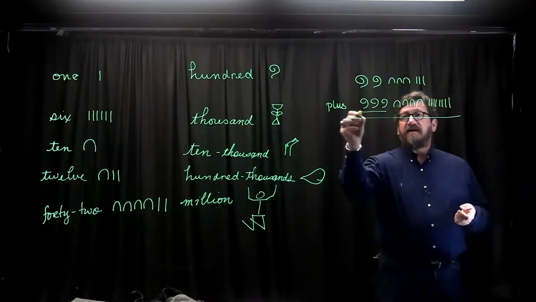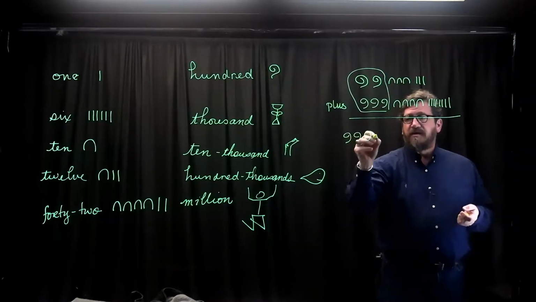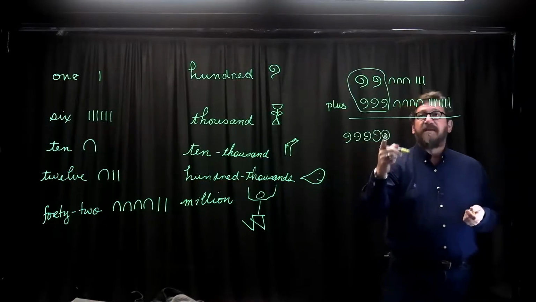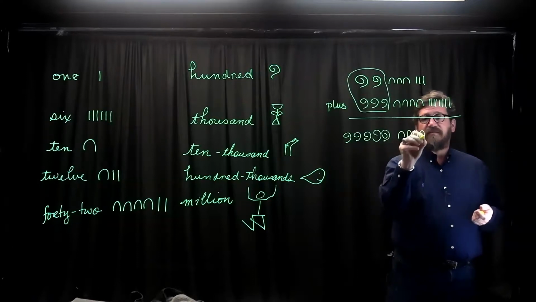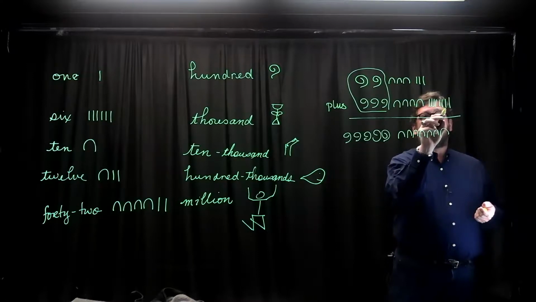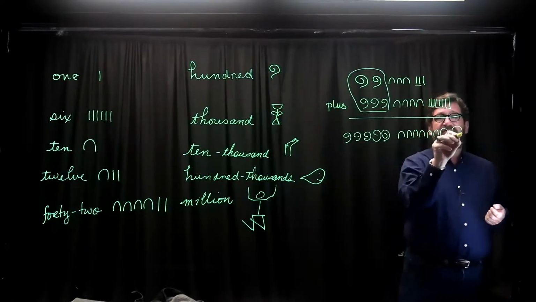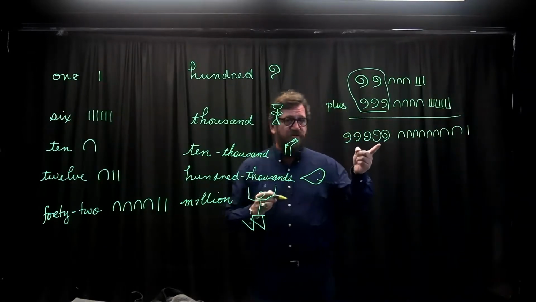So I see if I combine this together, I need 5 of that symbol, because I wouldn't replace that symbol until I get to 10 of them. I see 4, 5, 6, 7. 1, 2, 3, 4, 5, 6, 7. I have 3, 3, 8. 2 of these gives me 10, which is another heel bone, and then 1 staff. So there is the answer to the addition problem,